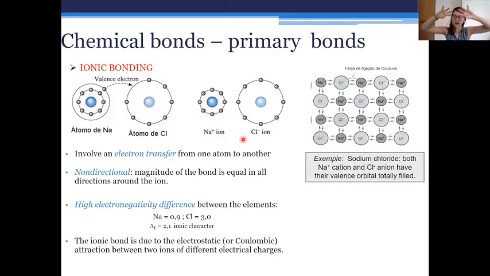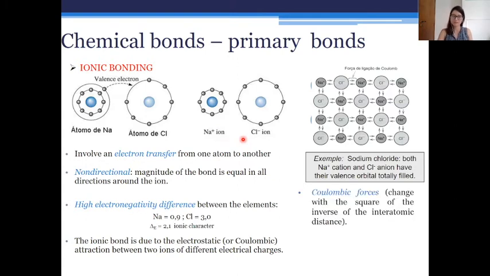Due to this attraction by electric charge, we have what we call ionic bonding. This Coulombic force varies with the inverse square of the interatomic distance. This will be important